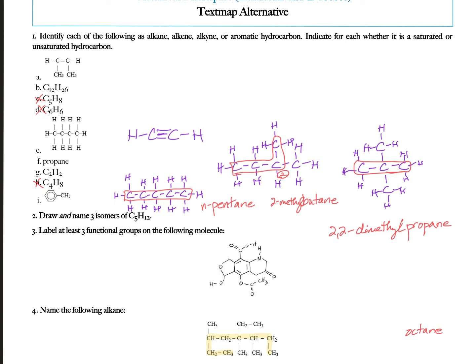Okay, the next thing we need to deal with is numbering. So basically I've highlighted here my 8 carbon chain and I need to figure out, am I going to start numbering from this end or this end? Now, what decides the numbering system is which system is going to give you the lowest numbers overall. You can check that quickly by seeing, I'm just going to count along my chain and I'm going to,